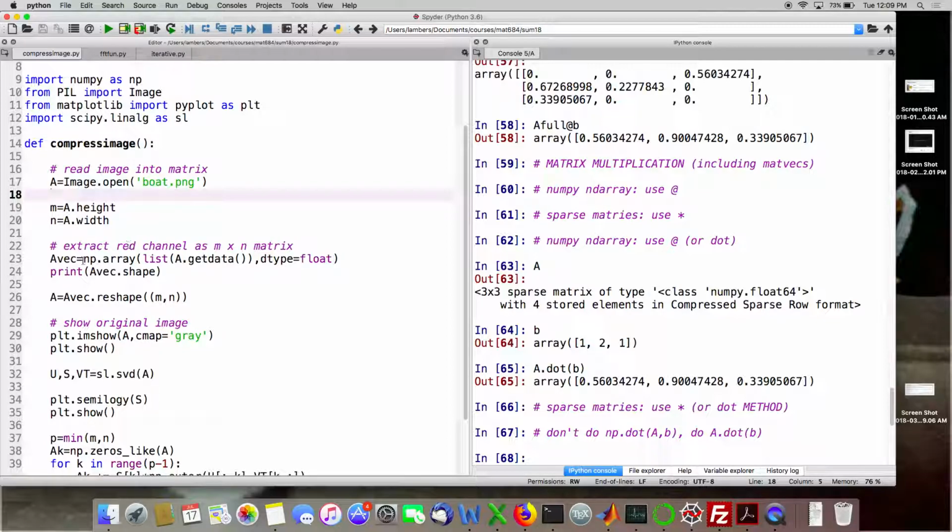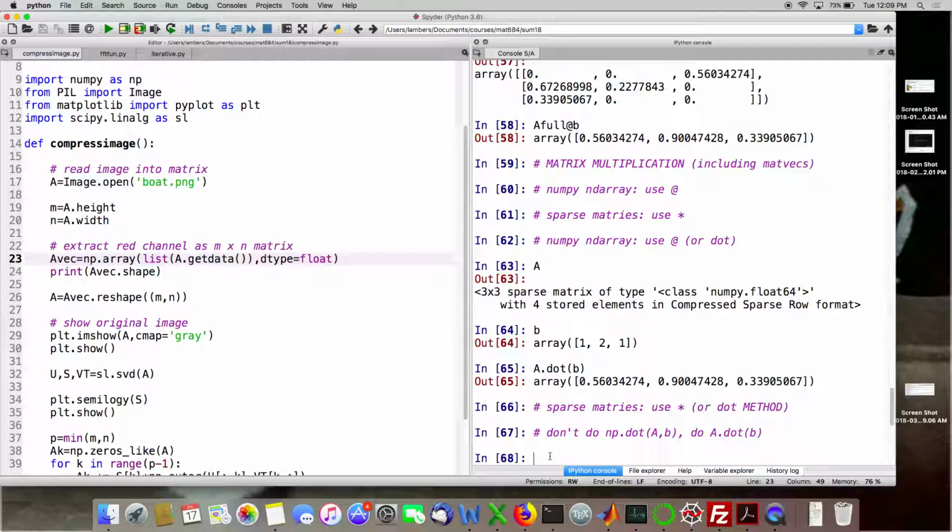Get the width and height. This part also is the same as before. We're using get data on the image, convert to a list, and then make sure of a floating point number. So now I have a NumPy ndarray, a one-dimensional array of all the pixel values. And if I were to print out the shape,